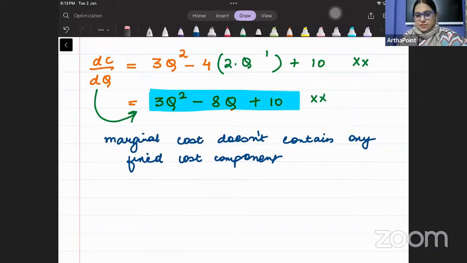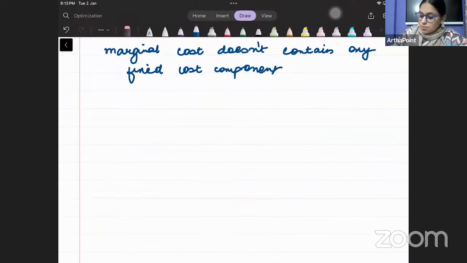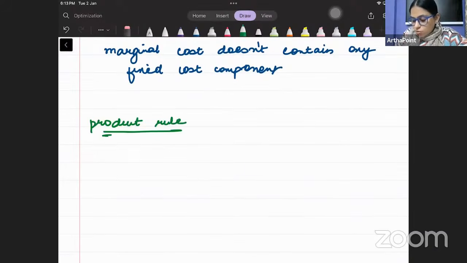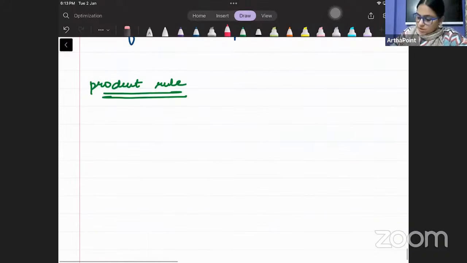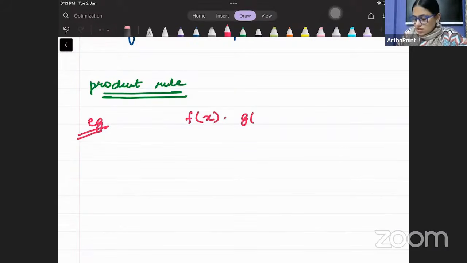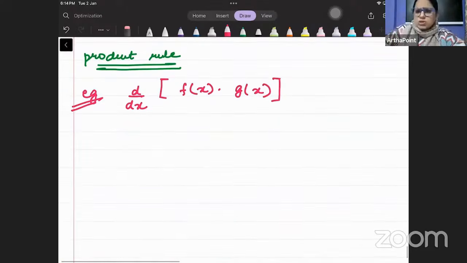अच्छा, नाउ द नेक्स्ट थिंग दैट वी हैव टू लर्न दैट इज कॉल्ड एज प्रोडक्ट रूल। देखो ध्यान से समझो, प्रोडक्ट रूल में क्या होगा कि हमें दो अलग फंक्शंस गिवन होंगे, एक f(x) और एक g(x), और हमारा एम ये है कि जो भी प्रोडक्ट हमें दिया हुआ है इसको हम डिफरेंशिएट करके इसका आंसर निकालें। तो जैसे फॉर एग्जाम्पल यू आर गिवन f(x) इंटू g(x), और एम है कि हम इसका डिफरेंशिएशन निकालें।